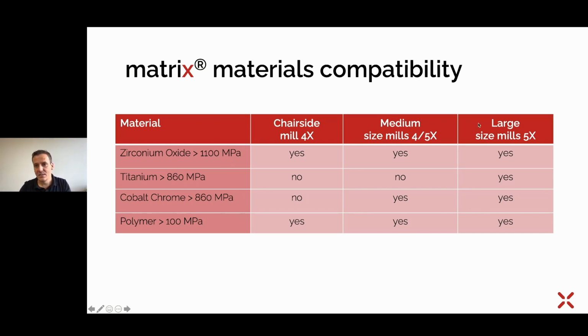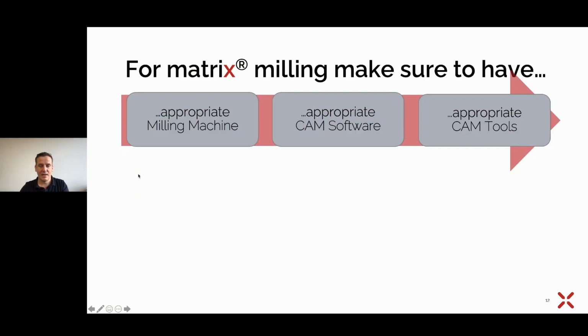And again, you can see here with large size milling machines, you can mill any indication in the mouth possible. So also here with the 4 to 5x milling machines, it's mostly a special machine which mills you the titanium, and the other possibilities are all given. Okay, this is the machine that you need. Your machine has to